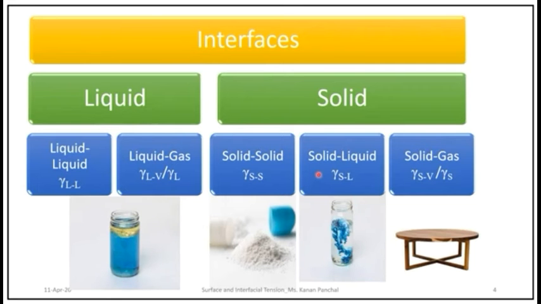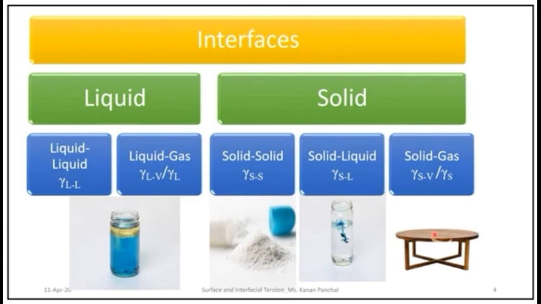Next, spreading coefficient. When the work of adhesion between the two liquids exceeds the work of cohesion, spreading occurs. Work of cohesion Wc = 2γL, work of adhesion Wa = γL + γS − γLS. The spreading coefficient S = Wa − Wc = γS − (γL + γLS), where γS is the surface tension of the sublayer liquid, γL is the surface tension of the spreading liquid, and γLS is the interfacial tension between the two layers.